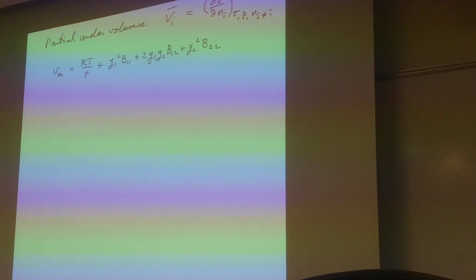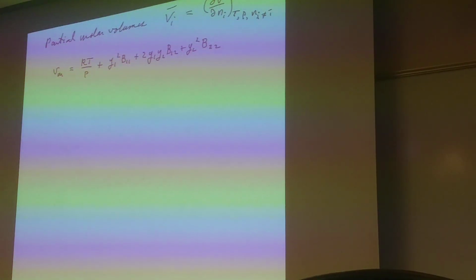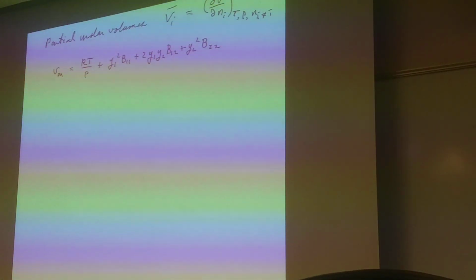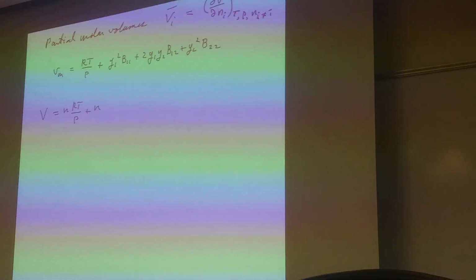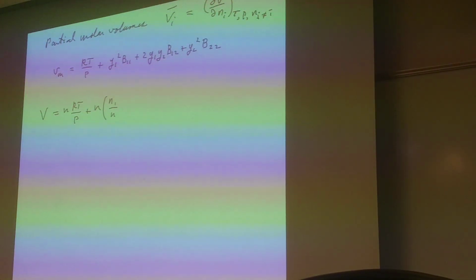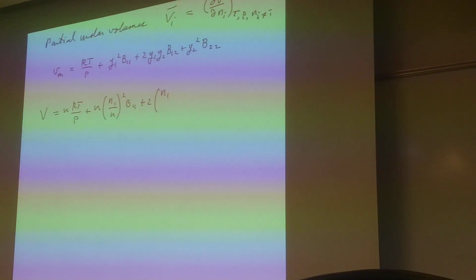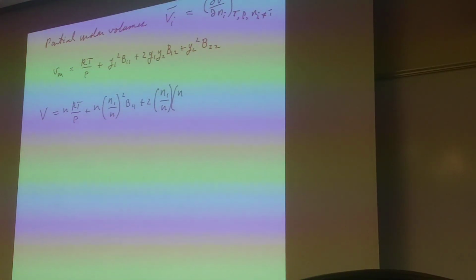Well, right away, we can't just do it. We have to do some things. So I have to multiply by n, number of moles, to get the extensive property. And at the same time, let's put the y's in terms of n's. So this is just the mathematical procedure. So we'll get V here, that's the volume of the mixture, is going to be n times RT over P, plus then n, and now I'll write y1 in terms of n's, and that would be then n1 over n squared, B11, plus 2, now I've got n1 over n, times n2 over n, B12, plus